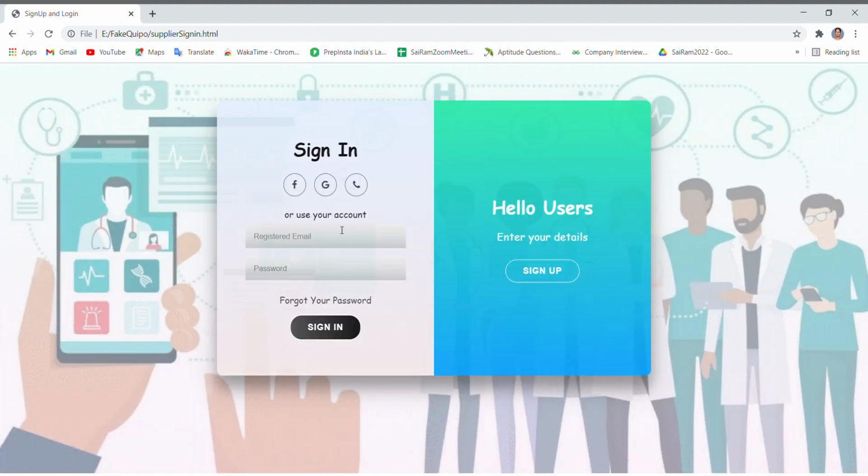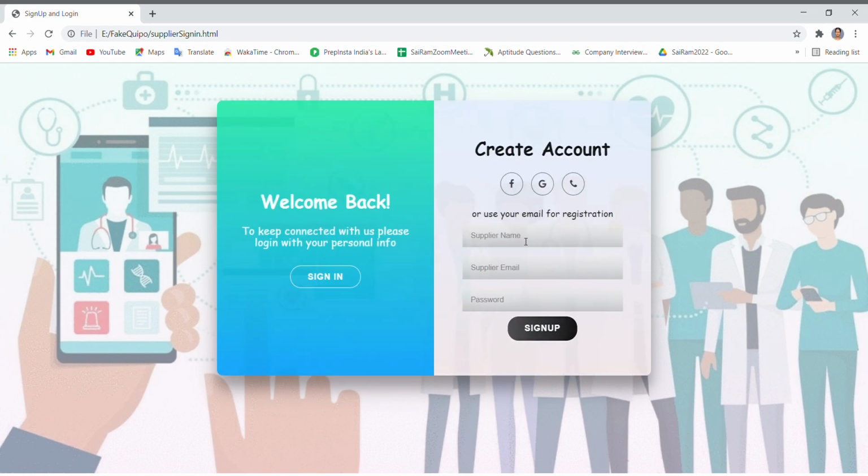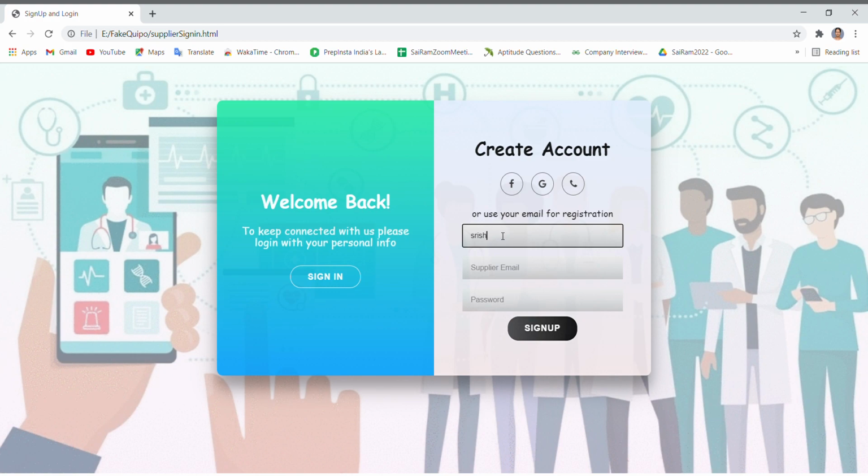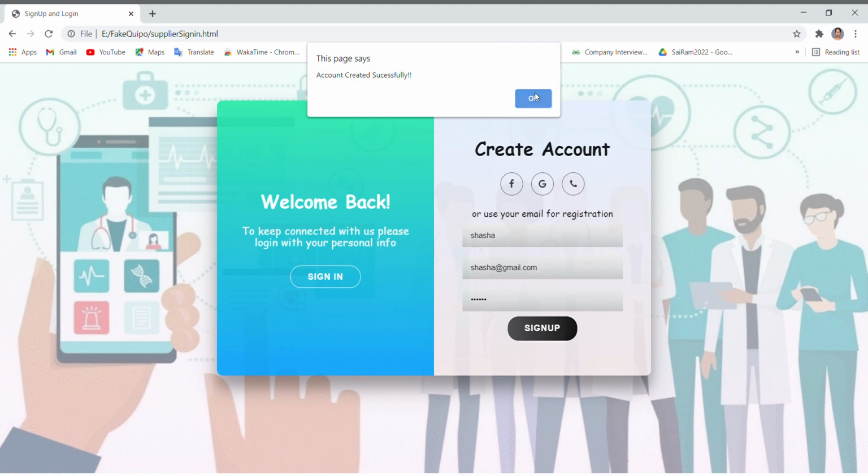So moving on to the supplier page, I am registering here as a supplier. So hereby I am registered as a supplier successfully.